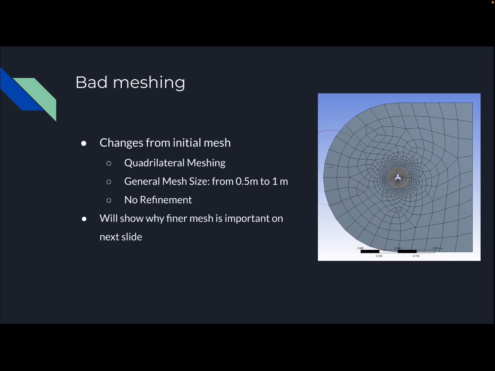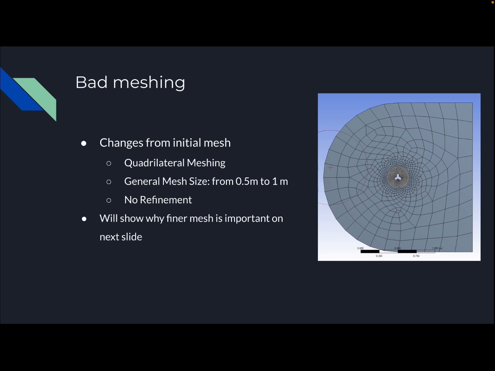Alright, so part of our project here, we went and looked into the differences between good meshing and bad meshing. So here we have an example of bad meshing that we actually tried out. And we used a quadrilateral meshing, which isn't favorable here. It'd actually be better to do a triangular meshing. So for the bad meshing, we did a quadrilateral meshing, and we had a 1 meter general size mesh applied,